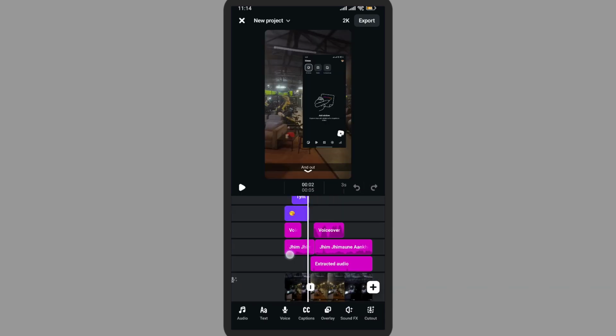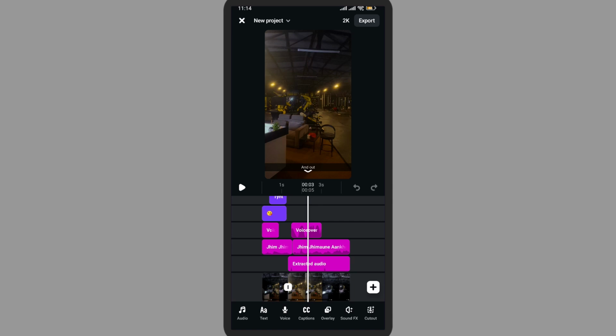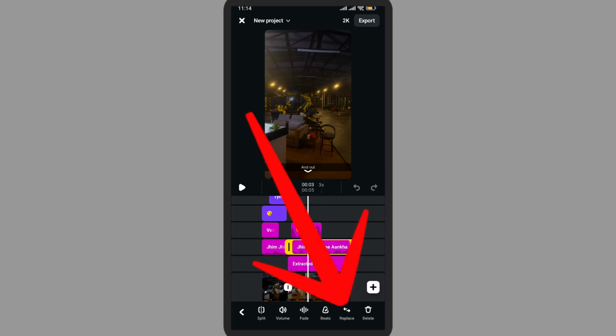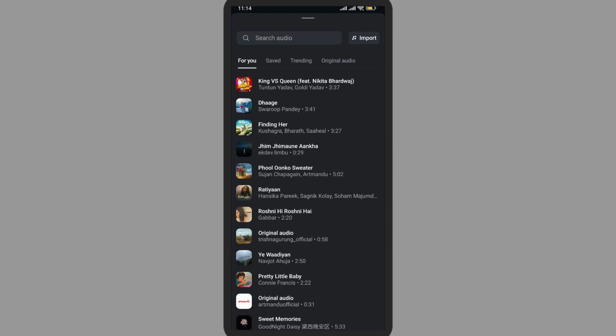Here select the voice that you want to edit. Now here I'm tapping on one. So here you can see the option called replace here on the bottom. Simply tap on replace. Now you can find an audio that you have saved, or you can even browse it